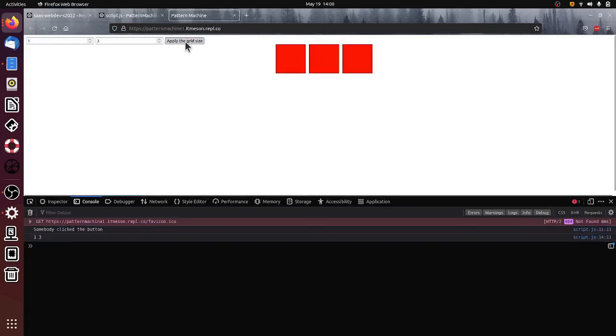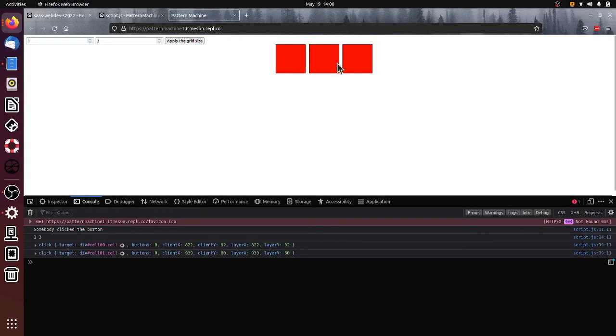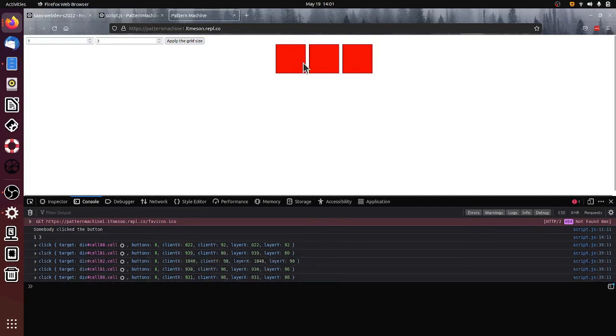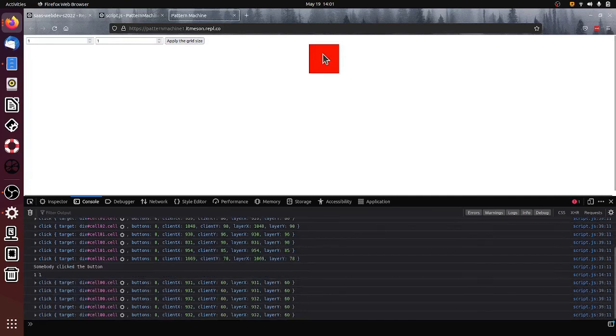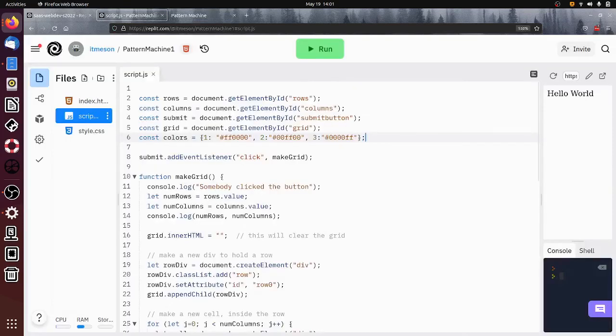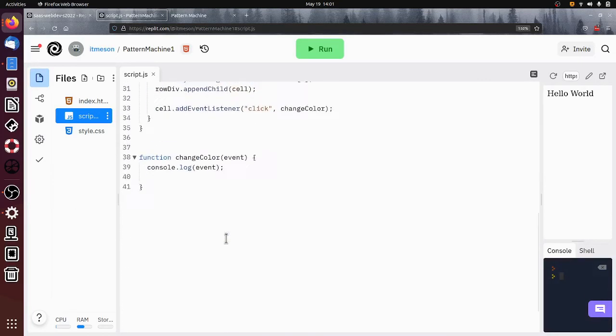And okay, now they're all red. And I click them, and no colors are changing yet, but I know how to access each one. Let me go back down to the one by one. Okay. So then I'm going to come back down to my change color function,